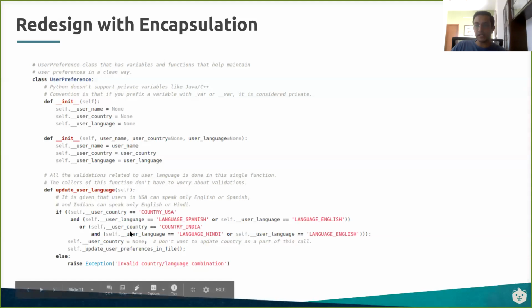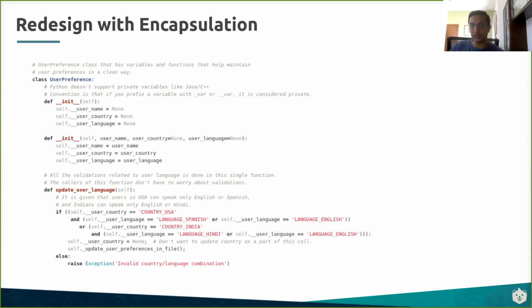So what this guy does is he checks the current preference, which he gets from the JSON file where he's storing everything. That is where the persistent data is. He opens that up, checks the data in there, and says, okay, now I'll update this guy's language and country preference.